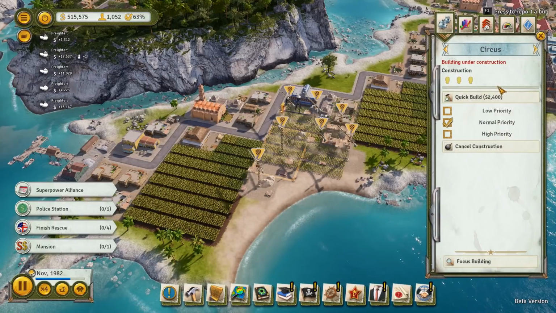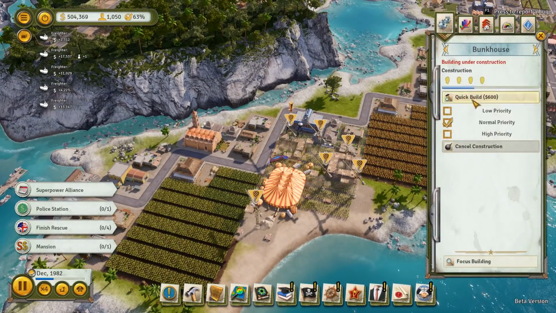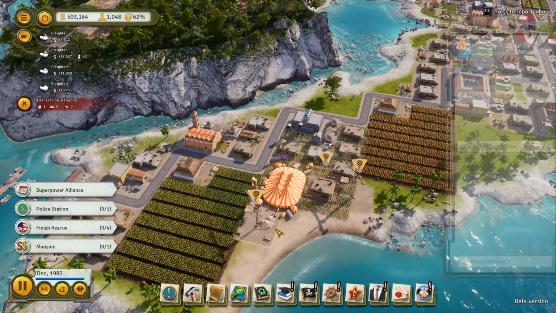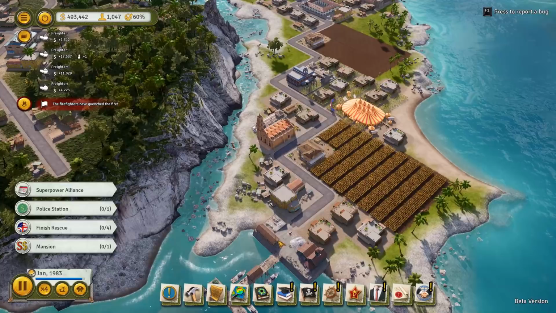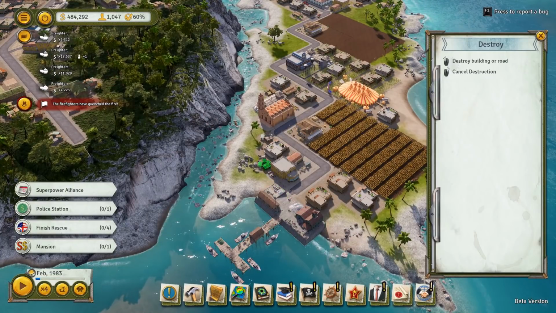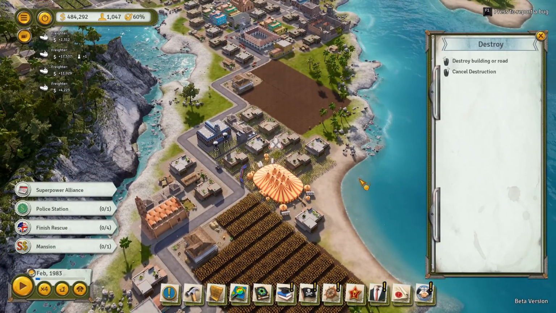Let's get the circus built. Hooray. I might help out with quick building some of these houses, just so that we can get people moved in. Boom, boom, boom, boom. And one last one. Boom. All right, cool. So let's now do a little bit of destruction work, because let's face it, it's just fun knocking down shacks. So let's knock down some of the shacks to... Oh, did I just...